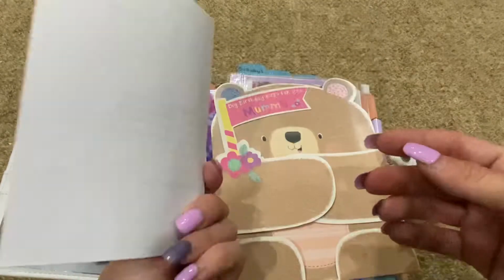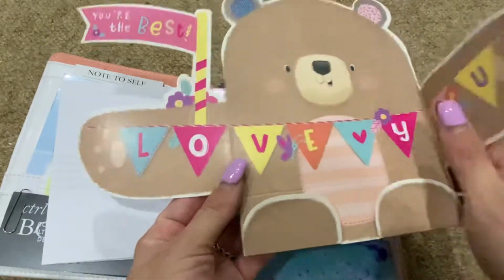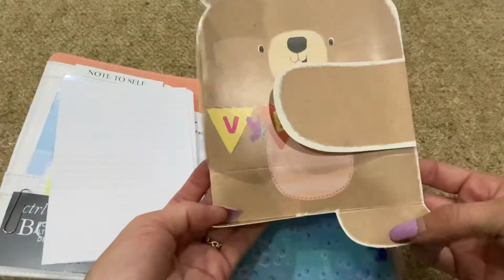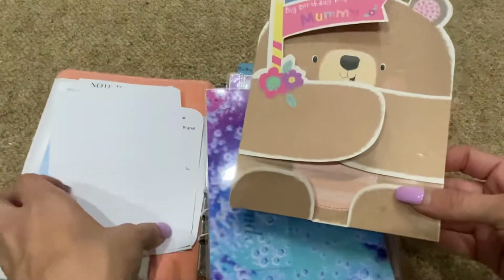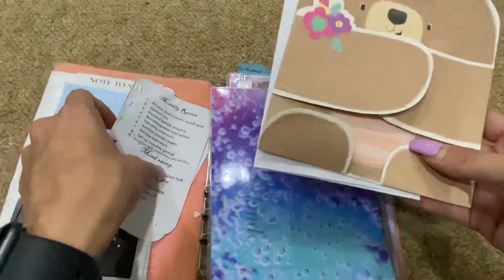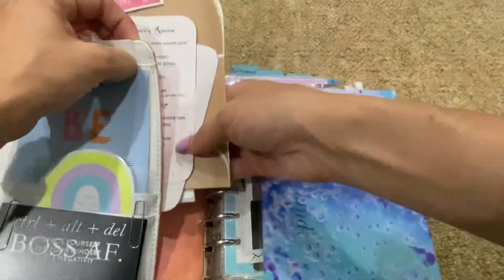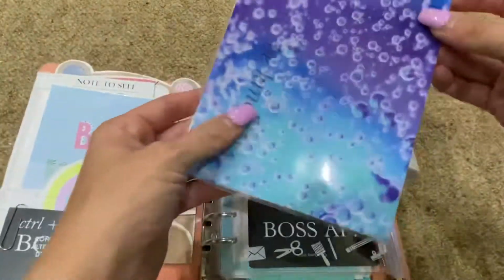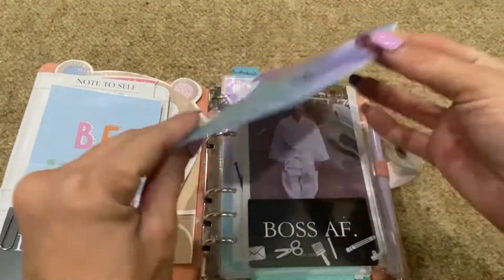Then I have just a piece of paper, and then I have a little cute card that I got from my daughter for my birthday, and that just sits in the back because I think it's absolutely adorable. It's one of the cards that she picked out. So they just sit in the secretarial pocket, along with, and I absolutely love this, this side pocket. It is from